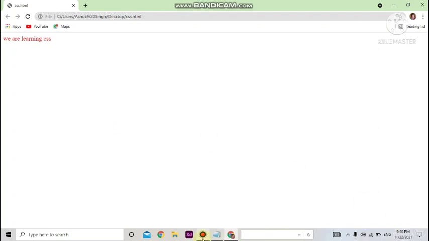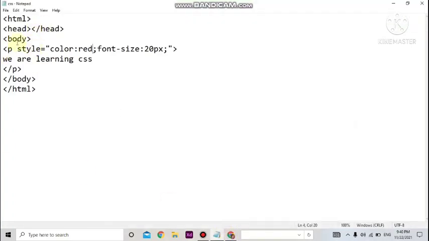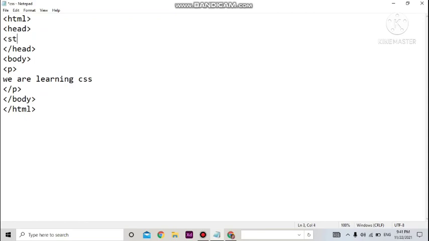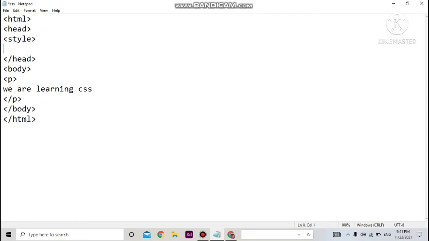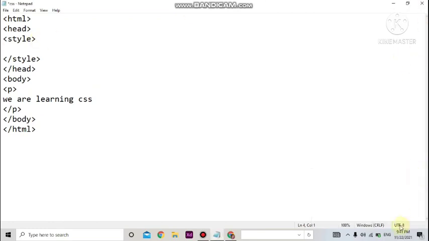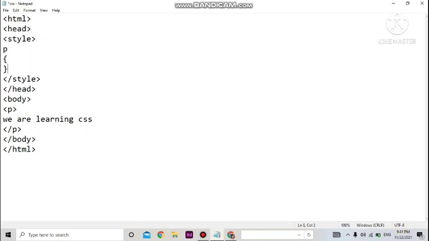Next is internal CSS. Just this part I will remove. Okay, how? For internal CSS, what changes? You just remove this part from here. Now just after the head tag, inside the head tag, meaning where the head tag is on and off, there you create the style tag. Style tag started, style tag closed. Now inside this you will write the name of the selector. Selector means which tag you want to change. I want to change the P tag, so P will be known as the selector. Write P and just after that put curly brackets on and off.